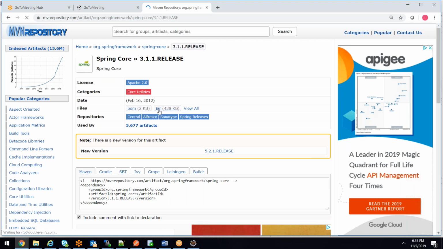It will download the jar file. The jar file contains so many classes. They have written so many classes. The entire project the Spring people developed, they exported as a jar file, and they made that jar file available on the internet.